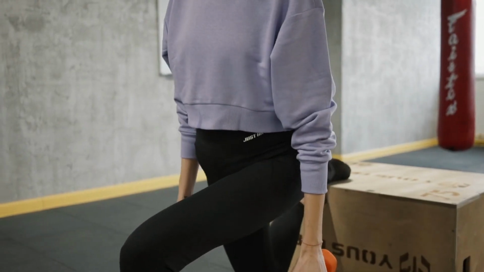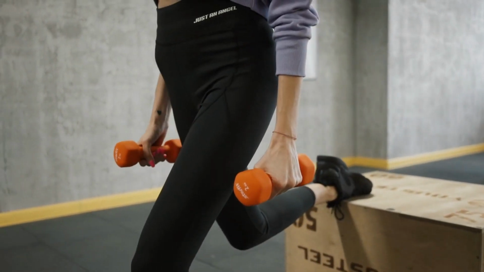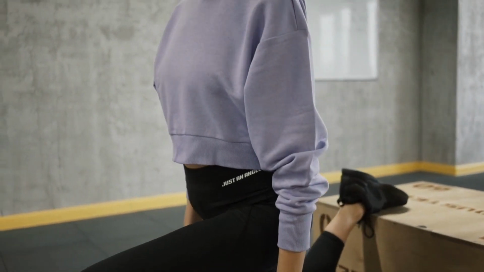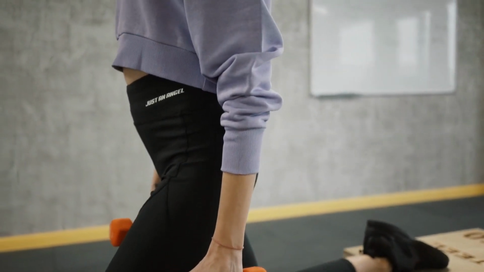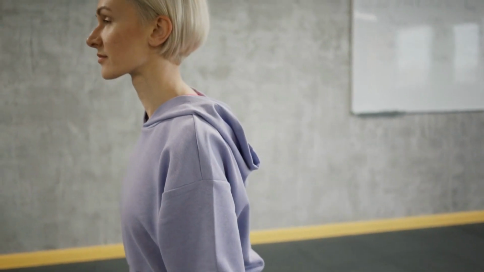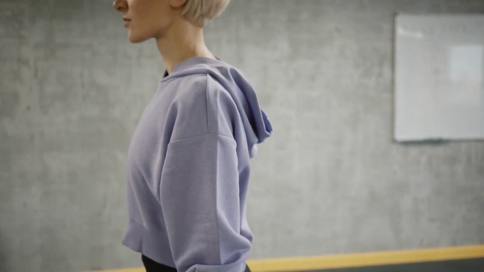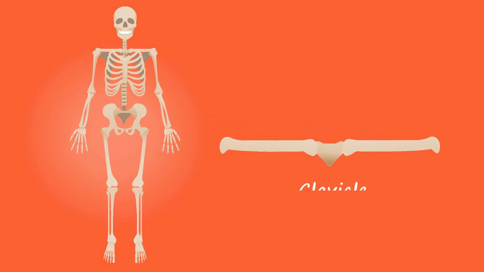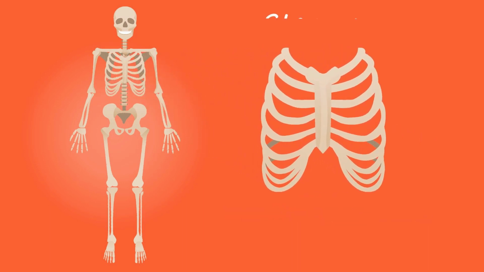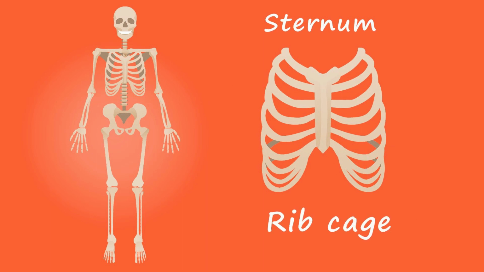The muscles of the lower back include the erector spinae, quadratus lumborum, and the transverse abdominis. These muscles work together to provide stability and movement in the lower back. Ligaments are strong, fibrous bands of tissue that connect bones to each other. In the lower back, ligaments connect the vertebrae, and provide stability to the spine.